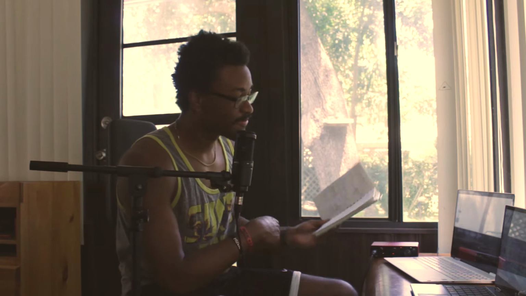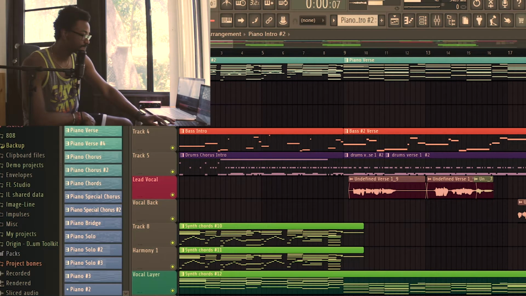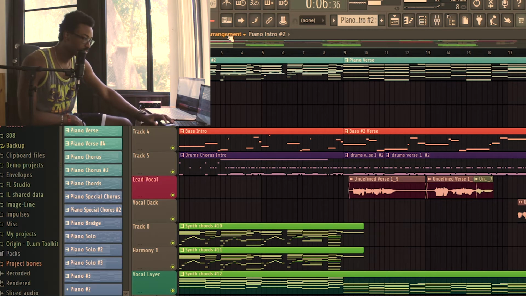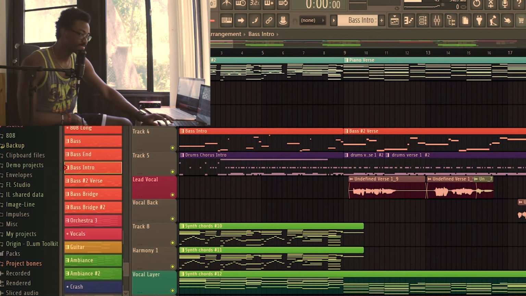So most songs are either in minor or major. This one, the melody uses some of that minor, but then we also have some major chords in there, so just a little tasteful thing. But we kept the song really simple. So all we got is piano, then we got a bass,